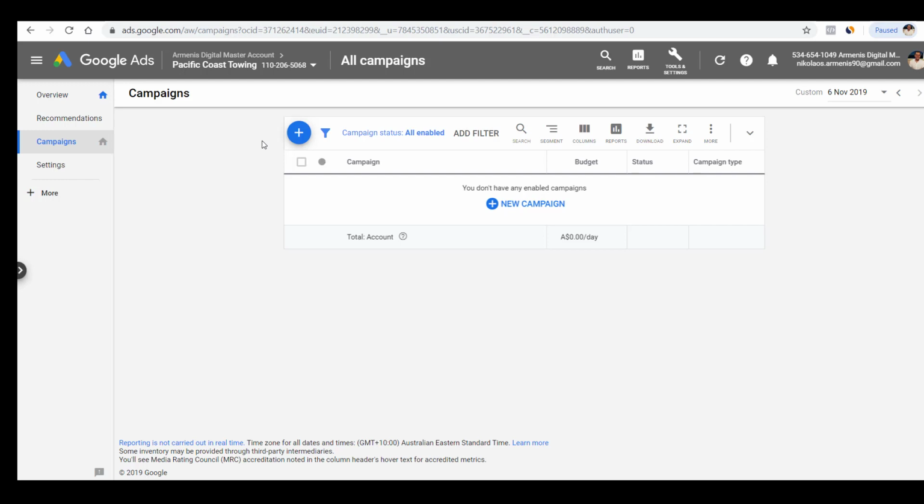So without setting these things up properly, you don't know if your ads are working properly, or if you're getting inquiries, you might be getting them organically. So you need to make sure you set up Google Analytics. I'm going to quickly show you how to set up Google Analytics and then how to link it together